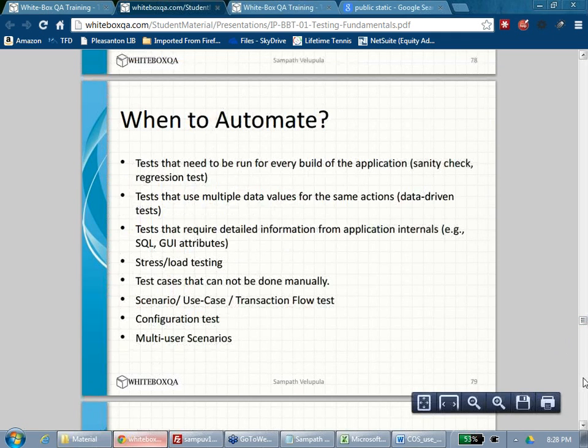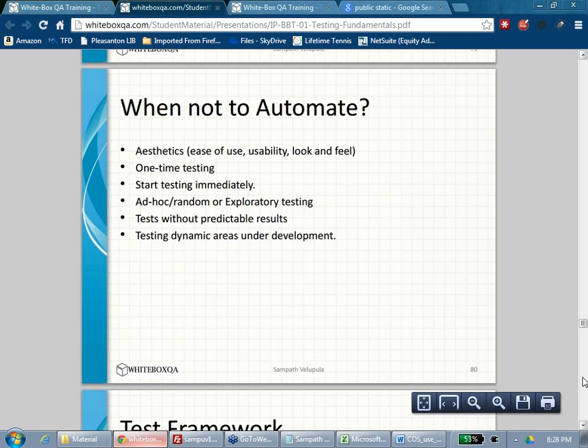it's not good. Sometimes it's good, sometimes it's not good. When is it not good? For example, think like we built this white box QA and all the trainees are waiting for this site. We need to give it to them tomorrow. Do I have time to build the automation framework and write scripts and everything? If there is no time for delivery, you can't do automation, because automation is extra work so that you can save time in future. But if you don't have time right this minute, why automate? Just do the testing and give it away. So manual is better when there is no time.